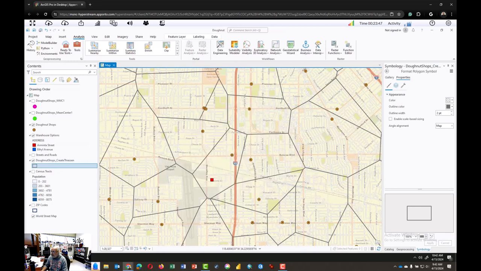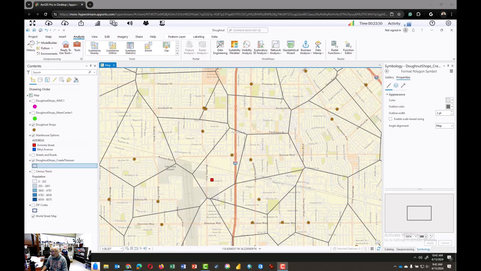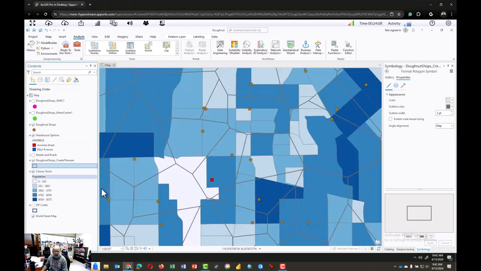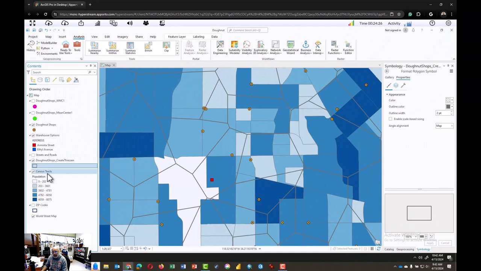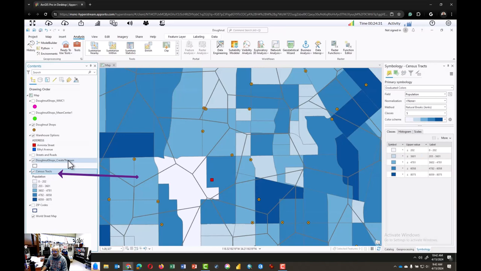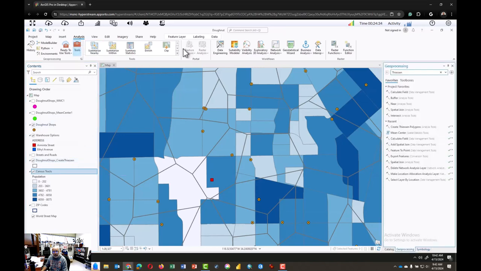So the first thing that we need to do after you answer some questions, so you may want to pause to answer those questions, is that we need to transfer the data from the census tract layer, which has all of our information about potential customers for our donut shop. We need to make it so that we can transfer that over easily. So click on the census tract layer, click on the tools layer,